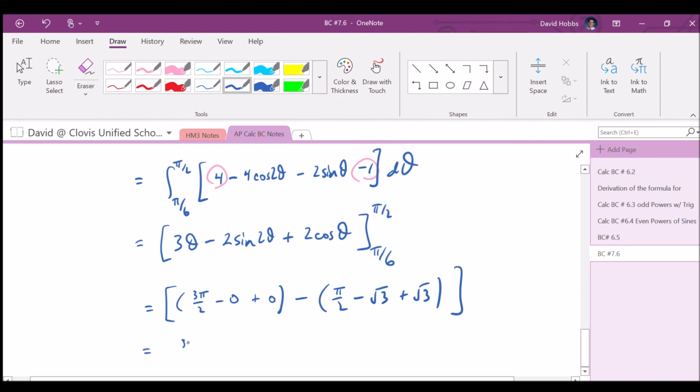So we have 3 pi over 2 minus pi over 2. And these two things eliminate each other. And so we're left with